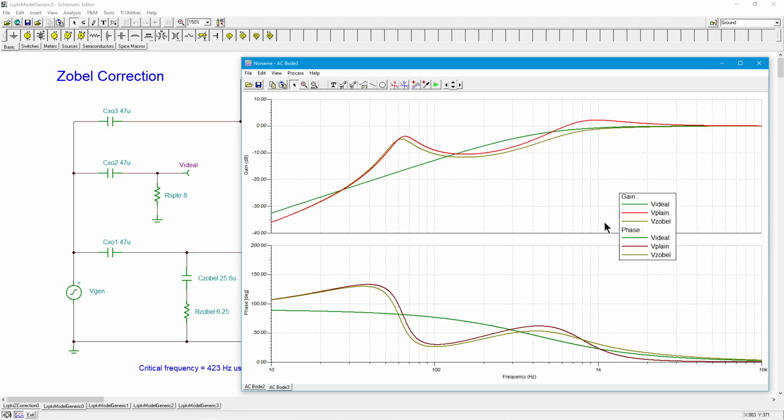Now let's turn our attention to the Zobel corrected version, which is now the highlighted red one. And like I said, the Zobel is there to correct for the voice coil inductance, the high frequency end, and this is exactly what we see over here. All right, so this is bringing it down. We don't see the rise that we saw in the plain Jane version. It does create a little bit of a change down here in the bass, but probably nothing to